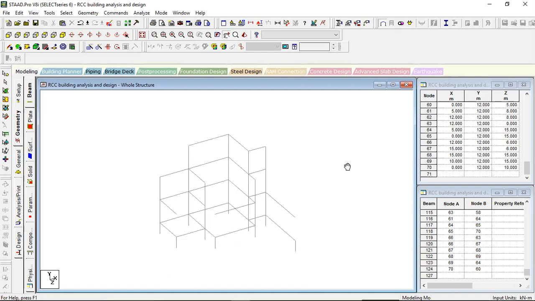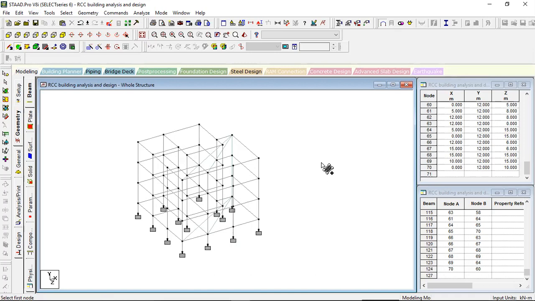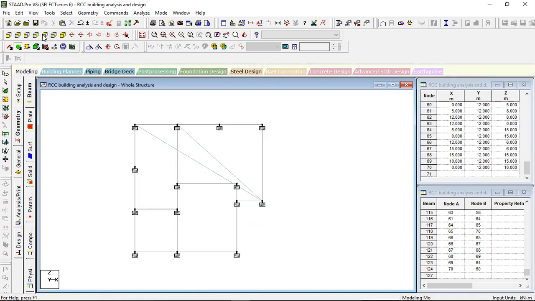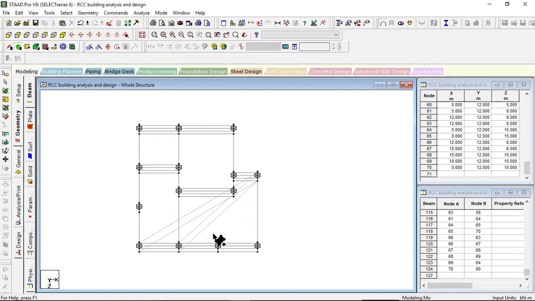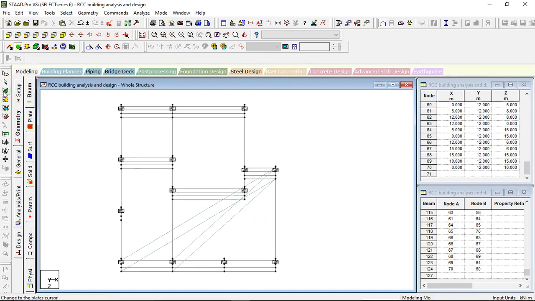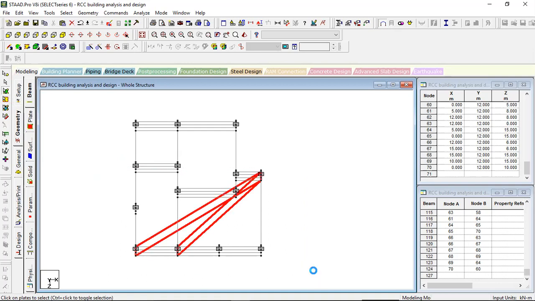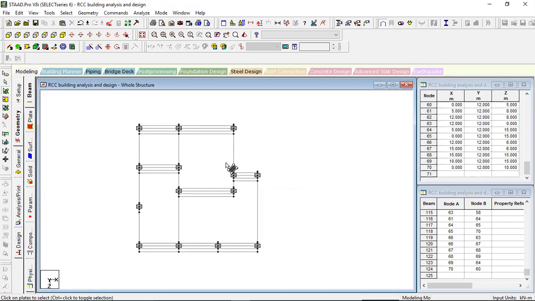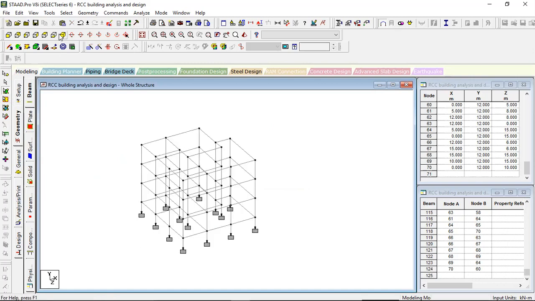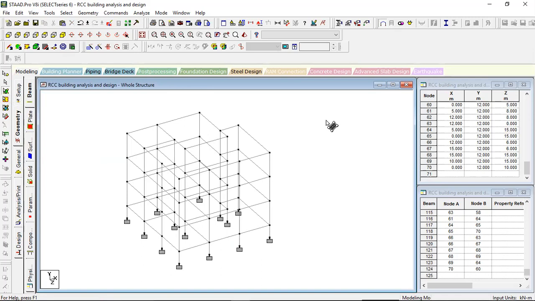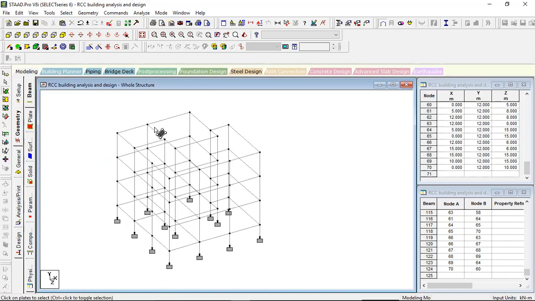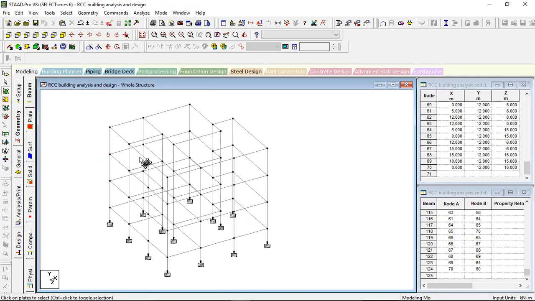Now just top view, and plate cursor. Okay, leave it now. I will teach you in a different class how to add the plates. It is an irregular structure, so it has been arranged in a crossed manner.